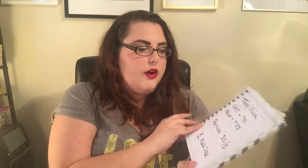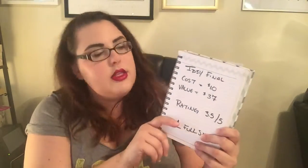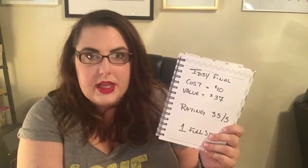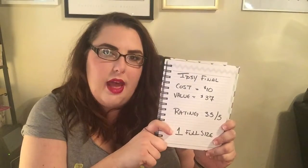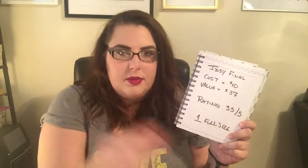Okay, so let's do a final review. Ipsy final review. Cost, as always, $10. The value I estimated with all the samples and the one full-size product is $37. I gave it a rating of 3.5 out of 5, and the reason why is that this was a terrible,